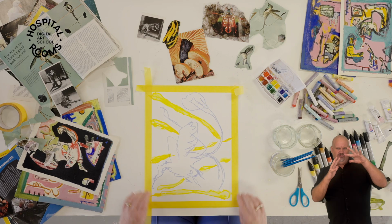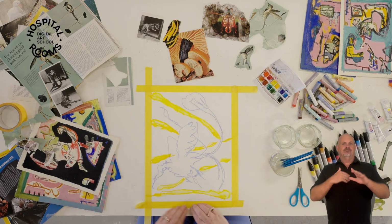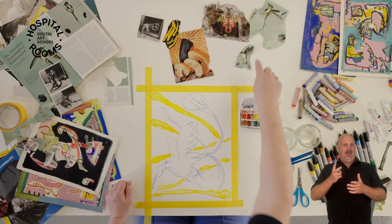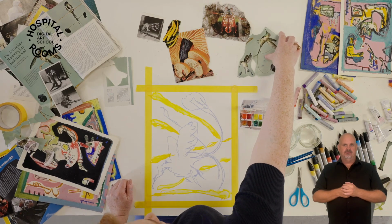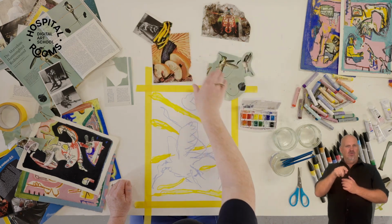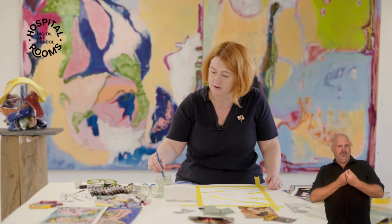So now we're going to turn it upside down and we're going to start again. And we're going to bring in some more colors. So I'm going to look at the background of this bird, this minty green, and I'm going to just use that color to help me and guide me into this. So